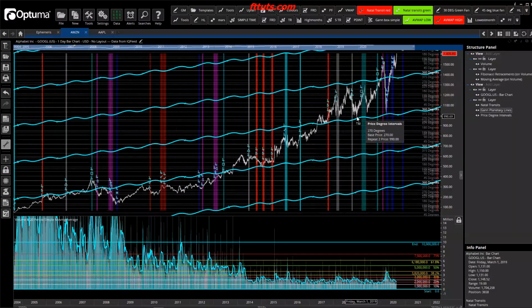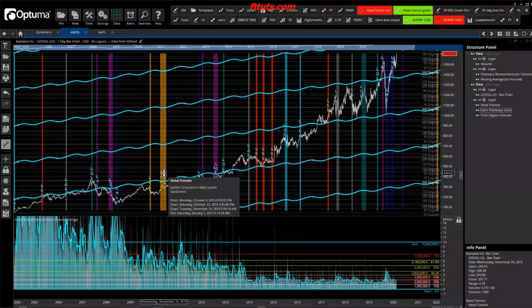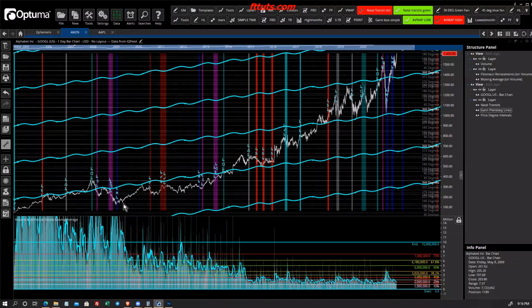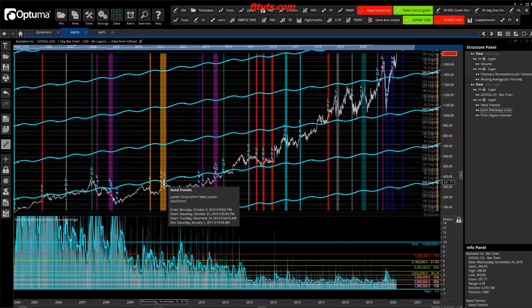Okay. So again, you can plot this. I taught you how to plot this in TradingView. You don't need something like Optima to plot something as simple as, in my opinion, natal transits, but you need to treat them almost like gold, you know. You need to be treating them in this very specific way, whereas in a piece of software like Optima, I could toss it around, I can throw it, I can try different ratios, I can try different starting dates, I can try multiple natal dates, maybe I try the incorporation date,